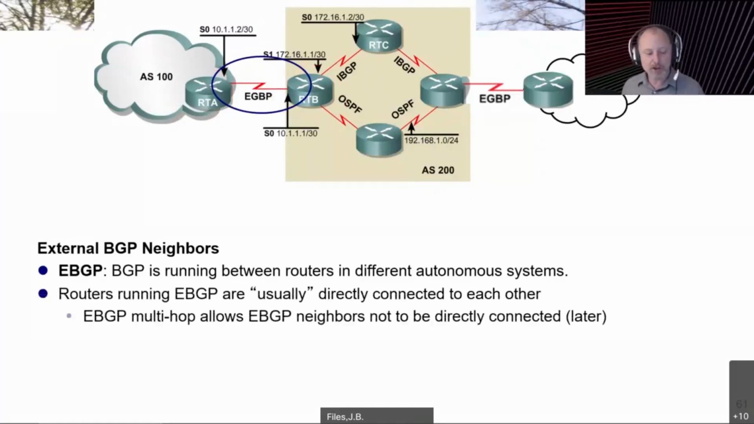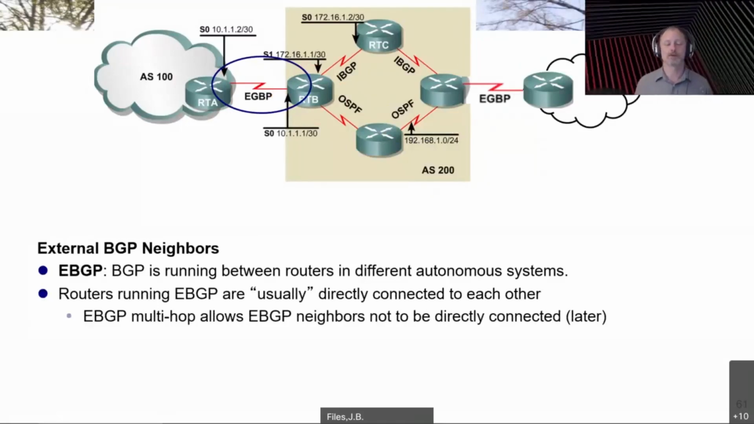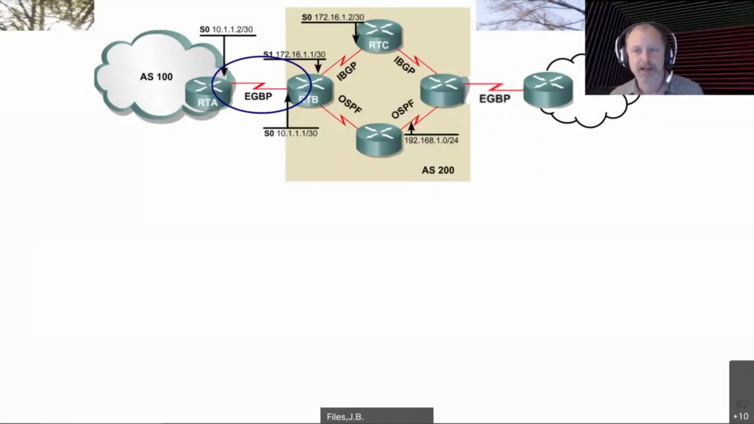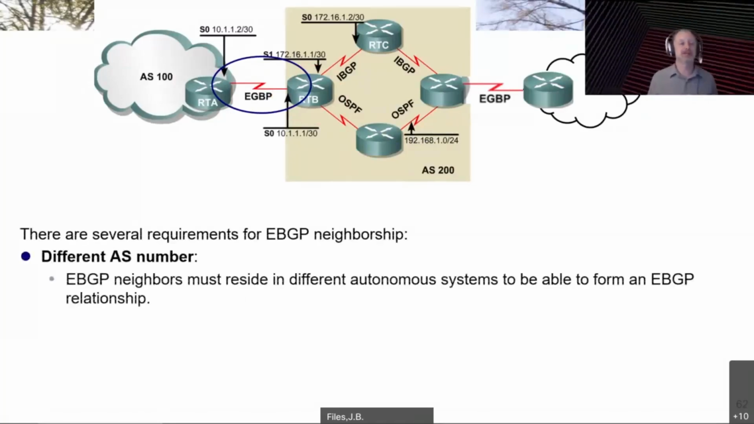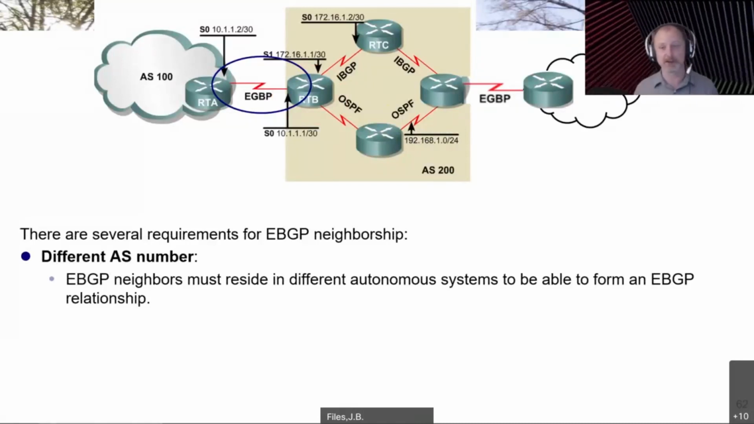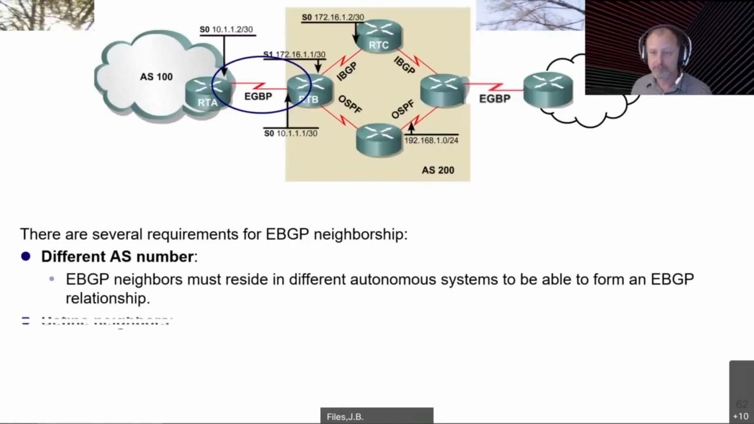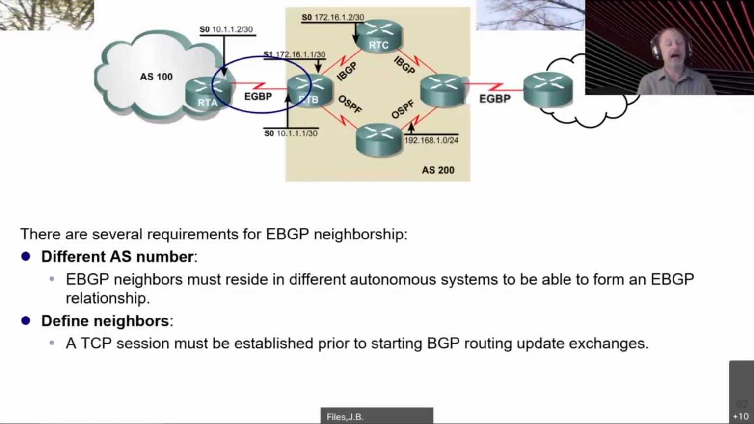They're usually directly connected. That means they're going to be like one hop away. But we'll talk more about that later. eBGP relationships means that they are in different autonomous systems. They have different autonomous system numbers. So like I said before, you have to define the neighbor